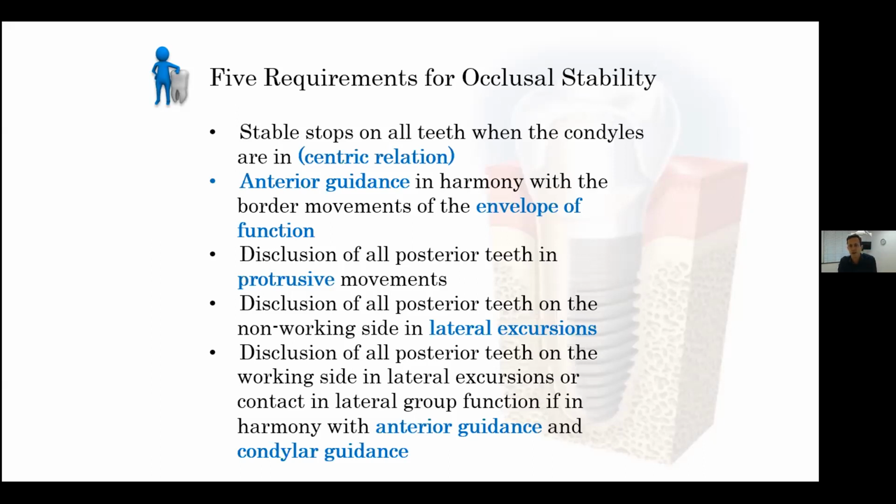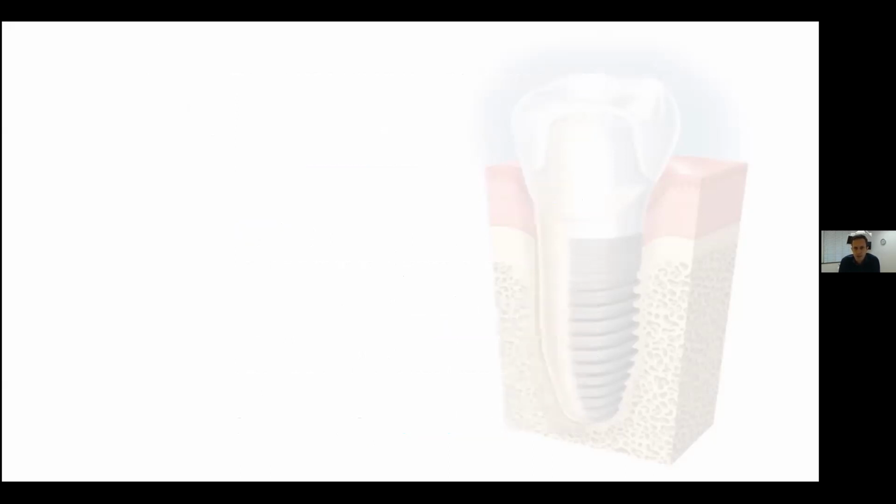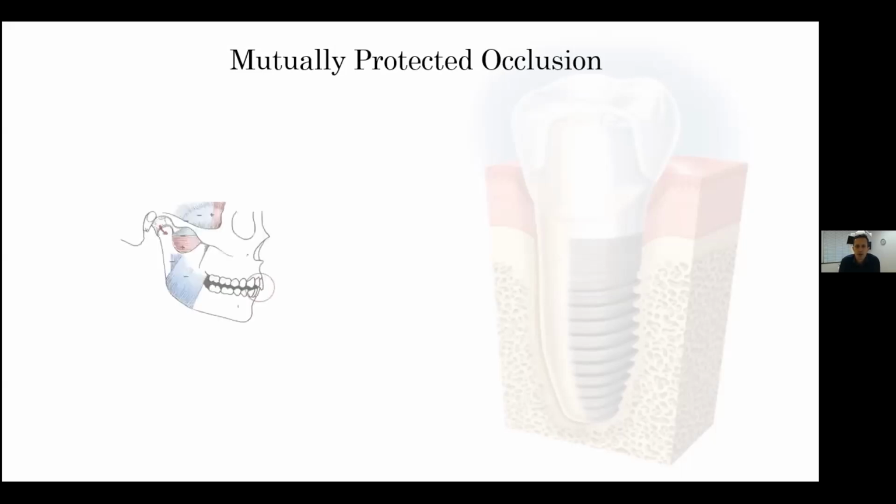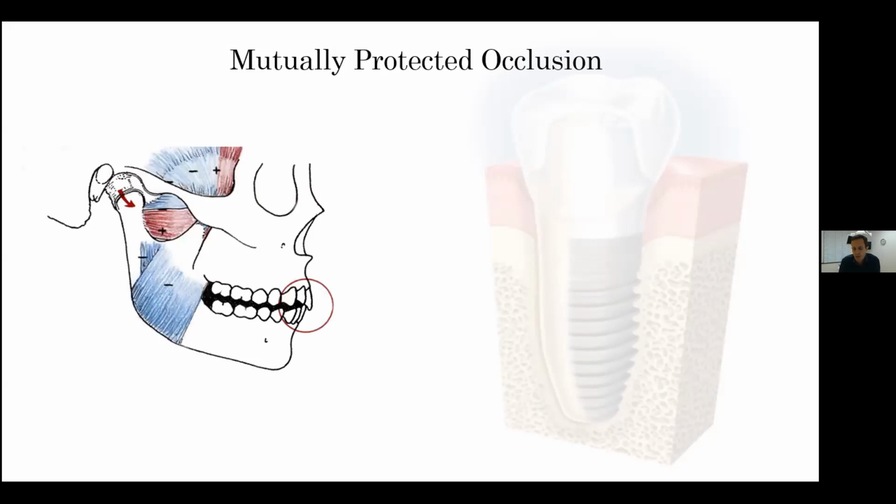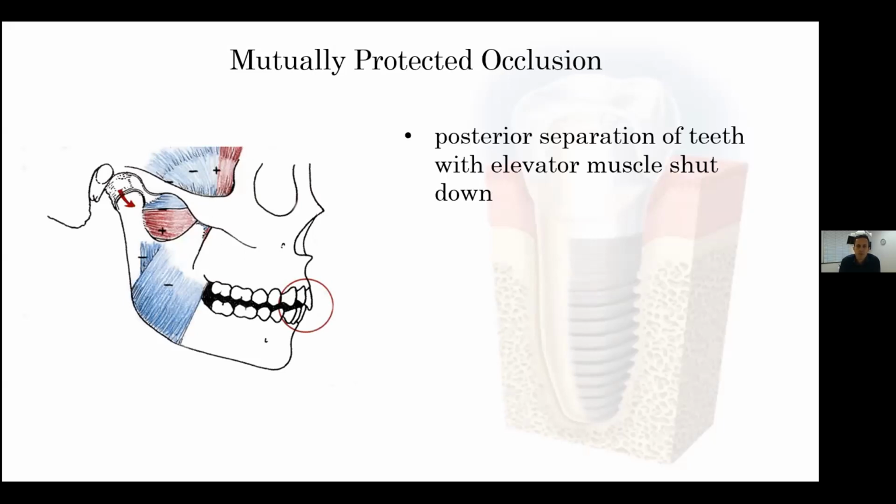So these 5 requirements might seem to be quite a mouthful and might seem complex, and you might wonder how I'm going to apply all of this to my treatment planning. But we've all heard of it, because the other term for that exact same thing is the mutually protected occlusion or canine guided occlusion. So those 5 requirements, that is what a mutually protected occlusion is. And the reason why we refer to it as mutually protected is because there was groundbreaking work done by Williamson and Mahan